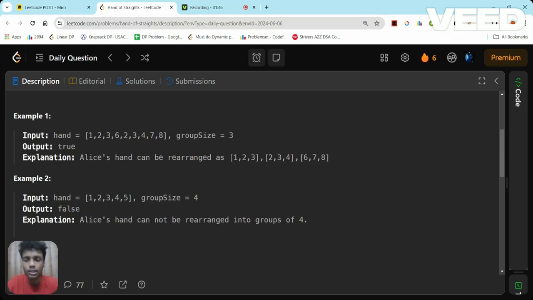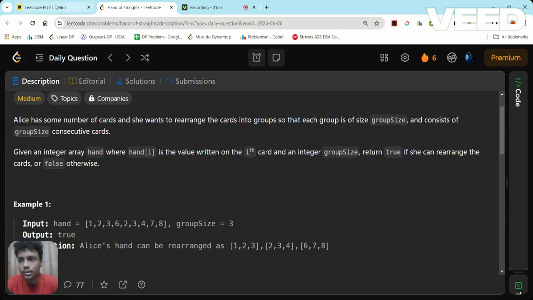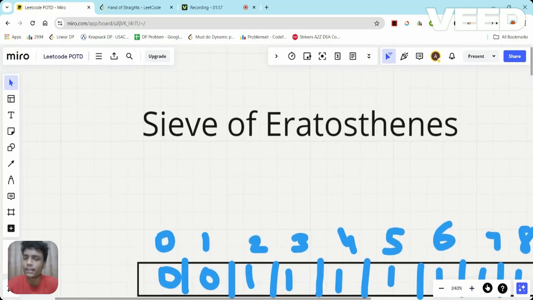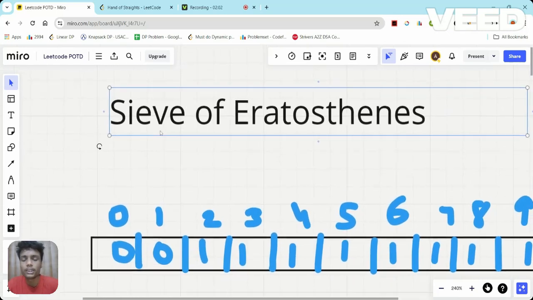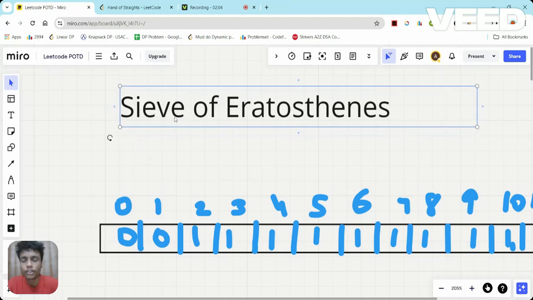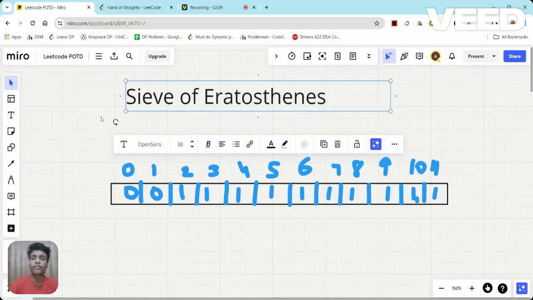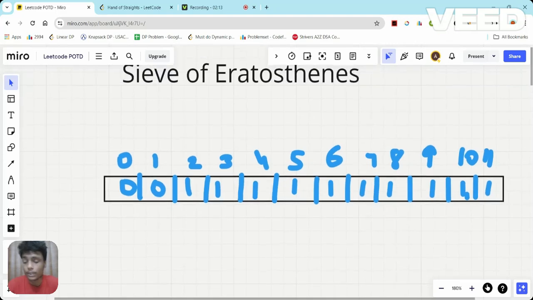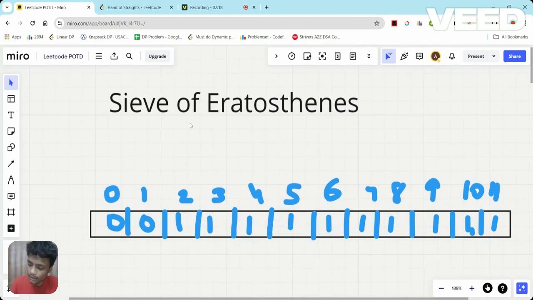So this is the problem statement. It was simple to understand, but how will I approach this problem? The approach will become simple if you know the concept of sieve. If you have studied number theory, you have studied the concept of sieve. If you haven't, don't worry, I'll explain it here and tell you how it is related to this question. What does this method exactly do?